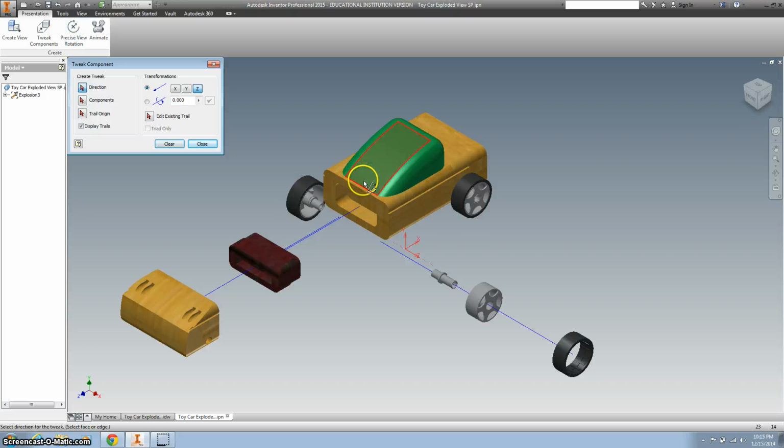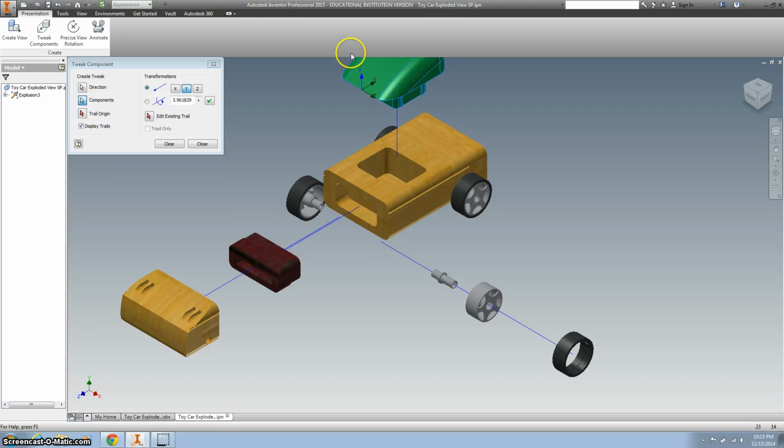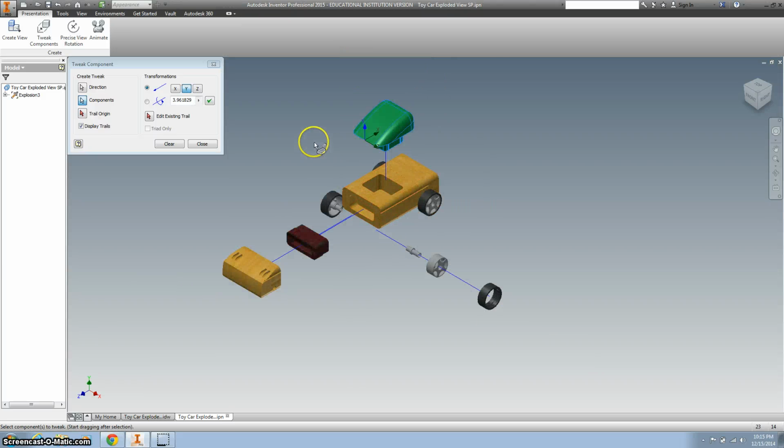And then we're going to click on the windshield, and right now the Z is pointed in this direction. We want to change it in my case to the Y, so we want it to go straight up. There we go. I'm going to zoom out a little bit for you. Hit clear. I'm going to take the back end and I want to change that to the arrow pointing away from the car, and then clear, and finally the